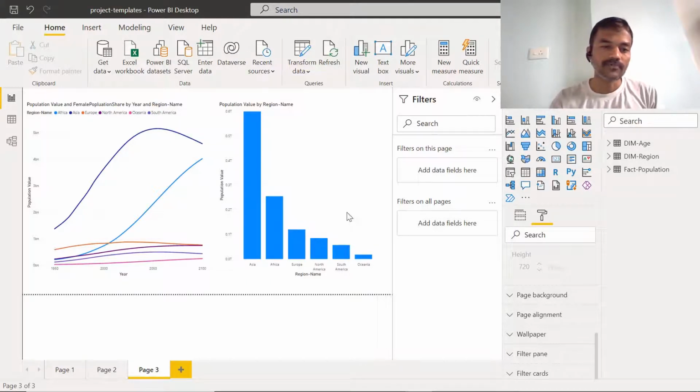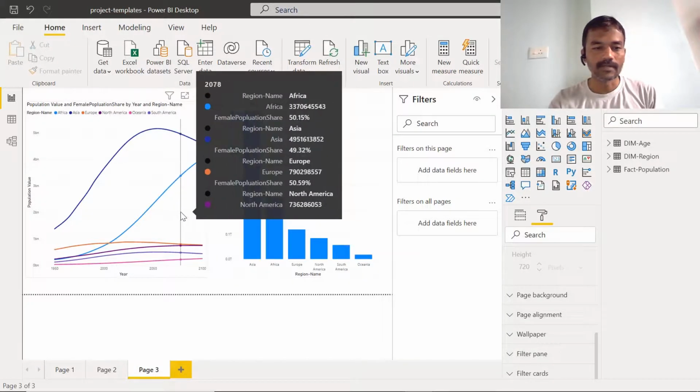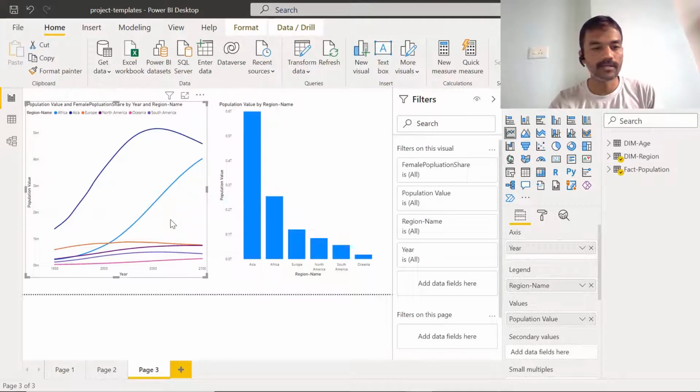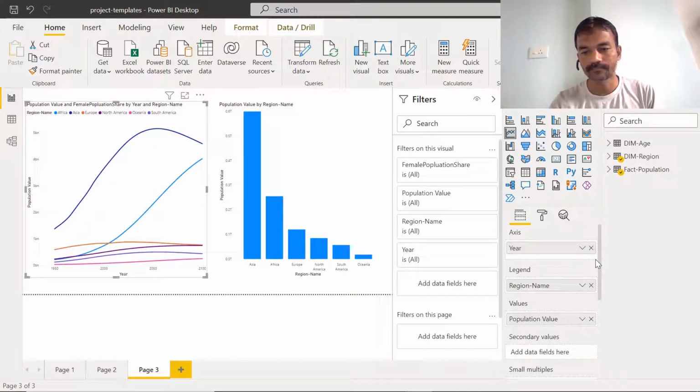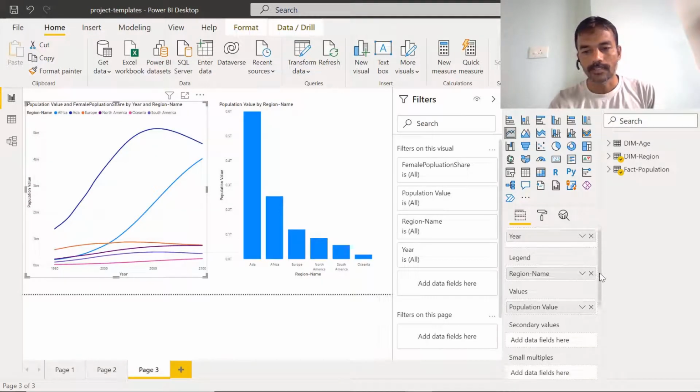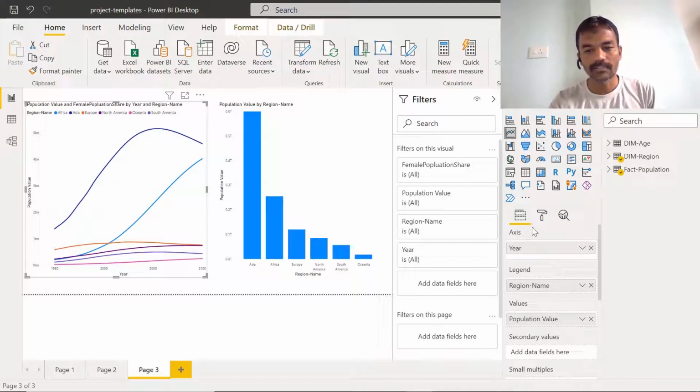Let's try to understand first what is data color. So we have created these charts in our previous video, and we can see this is a line chart, this is a column chart, and when you click on this line chart, you can see there is an option available on the right side, which is the formatting option, which is format here. The first option is about all the fields which we are taking. The second option is about format.